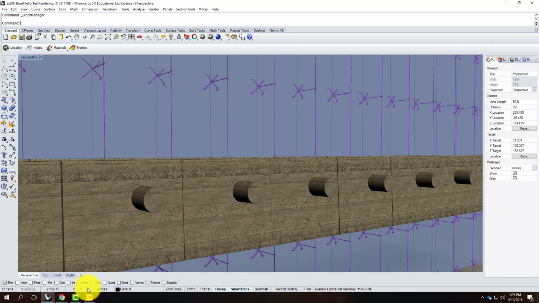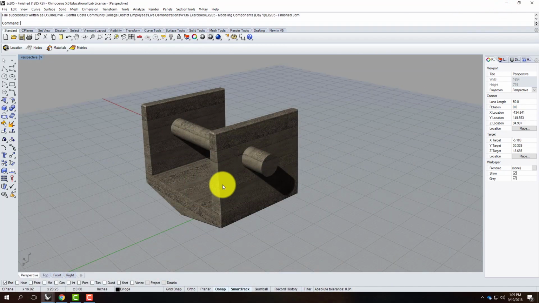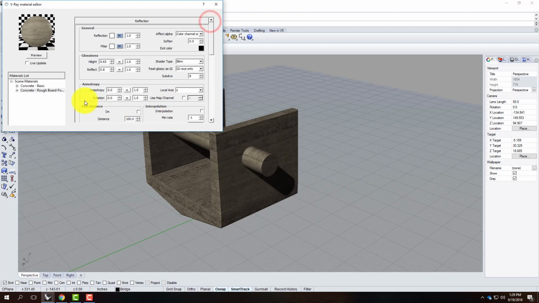I should also mention, before I let you go, that you could go back and change the material here, and that would repopulate as well. So if I didn't like this concrete, I could go back into my V-Ray material editor, and I could say, you know what, I really like this concrete better. Let me apply that to my layer. Okay, there's the other concrete. When I save this,